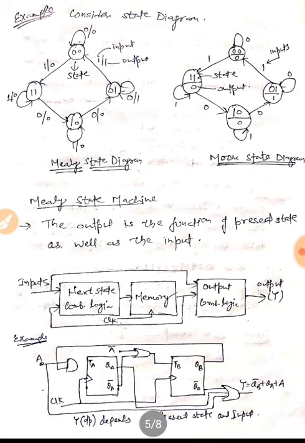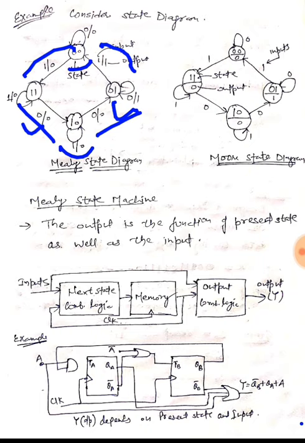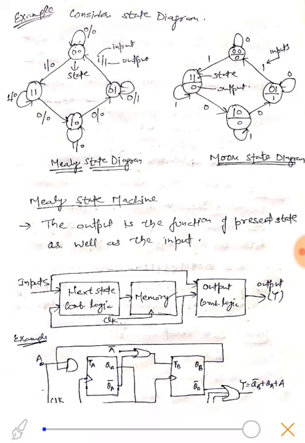So how it works, let's see. In this, the system can be in any of these 4 states depending upon the inputs, and these lines are called the transition lines. Okay, and on these transition lines we denote the input and output values, as we can see in the diagram here. This is the input and this is the output.